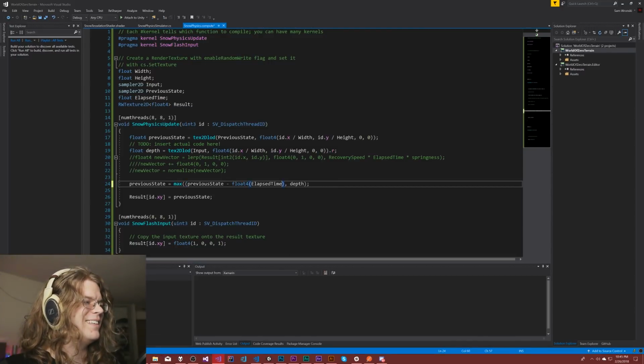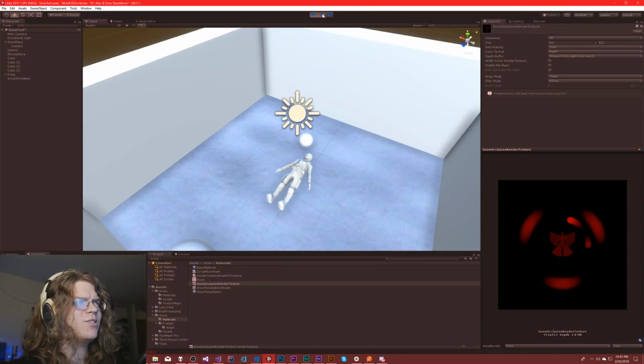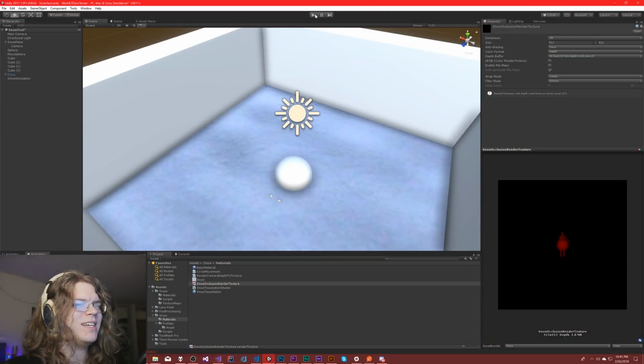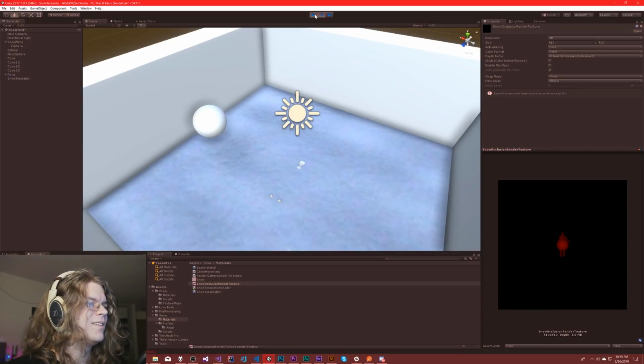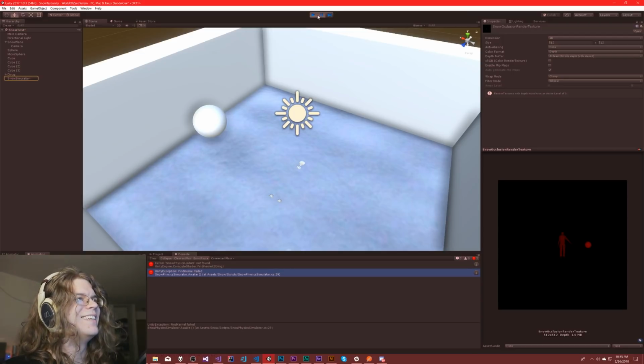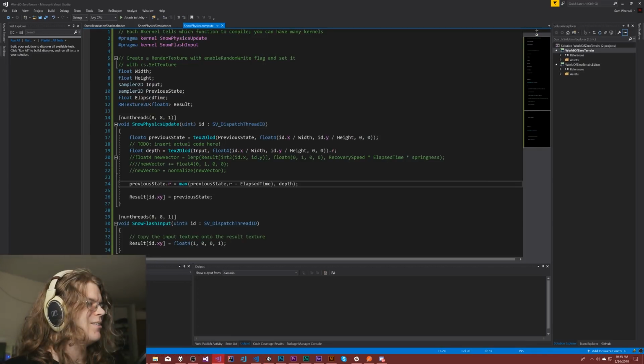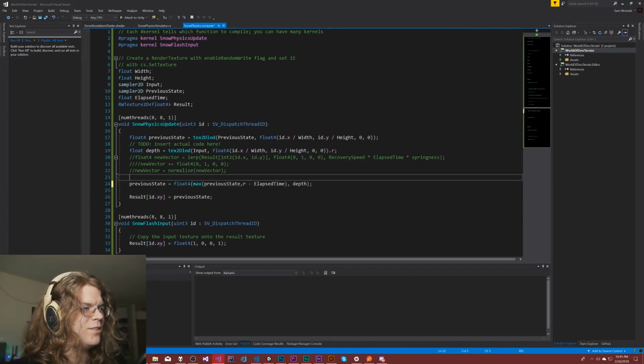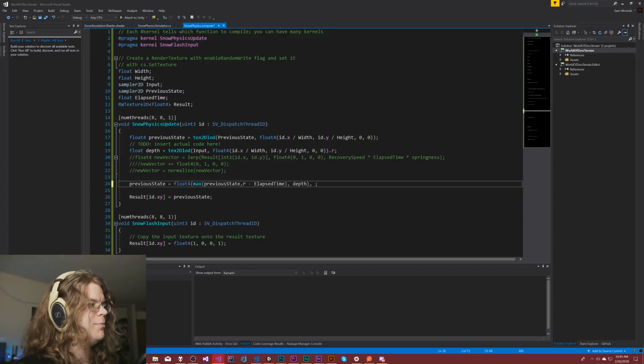Ignore me. Okay, so we're doing float 4s and stuff. Let's just take that out. There we go. So this is our red value, right? I think we can actually just do that. Let's try that and see what happens. Worst case, it doesn't work. It didn't work, so I can't do that. We're going to revert that and do a float 4. There's our red channel, and everything else can be our previous